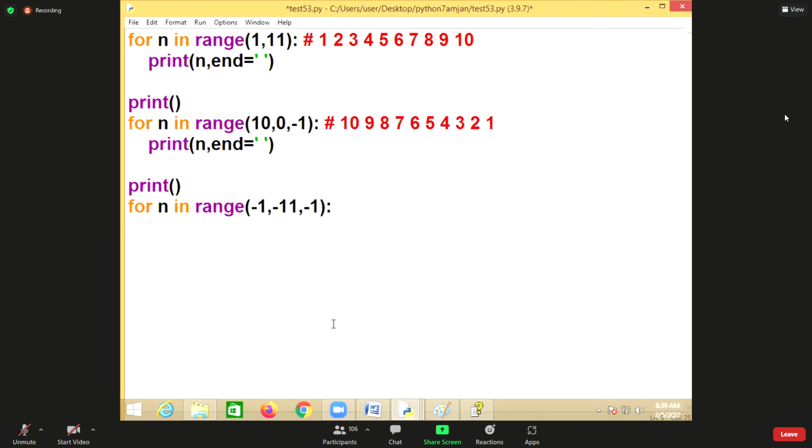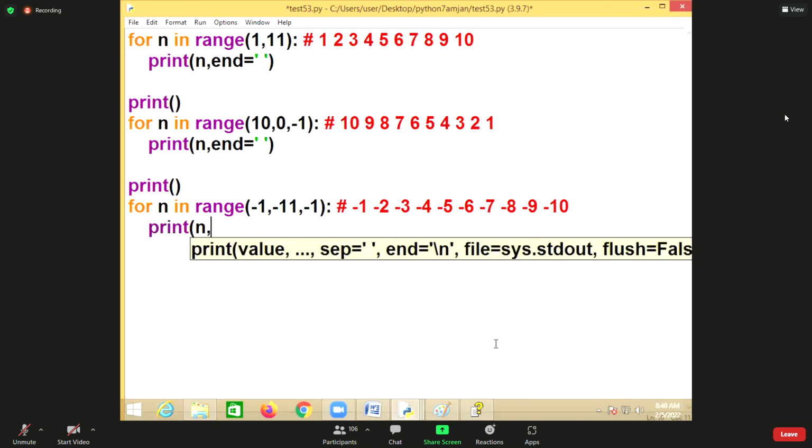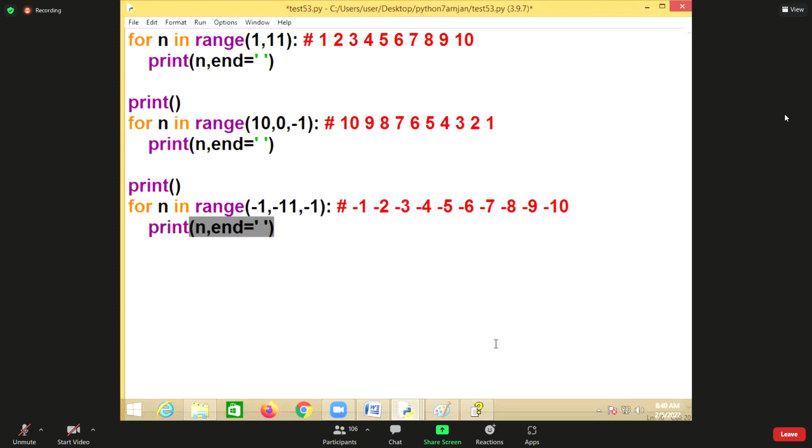Yes. Now this will generate values minus 1, minus 2, minus 3, minus 4, minus 5, minus 6, minus 7, minus 8, minus 9, minus 10. So you print the value.